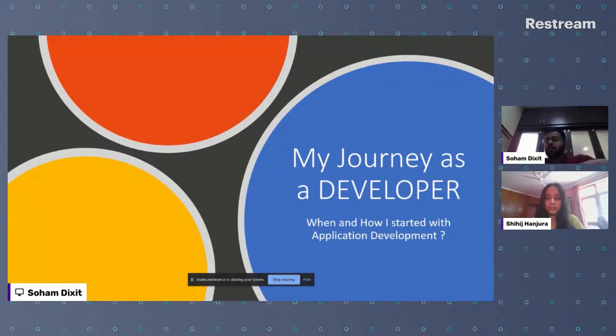Post that, I have been into application development, initially since my college years. I was someone who came without a coding background. I belong to a state board, the Maharashtra State Board. We had a subject called computer science, but there was not much coding involved. So when I started my engineering, I didn't have the coding background which people usually have from a CBSE background.